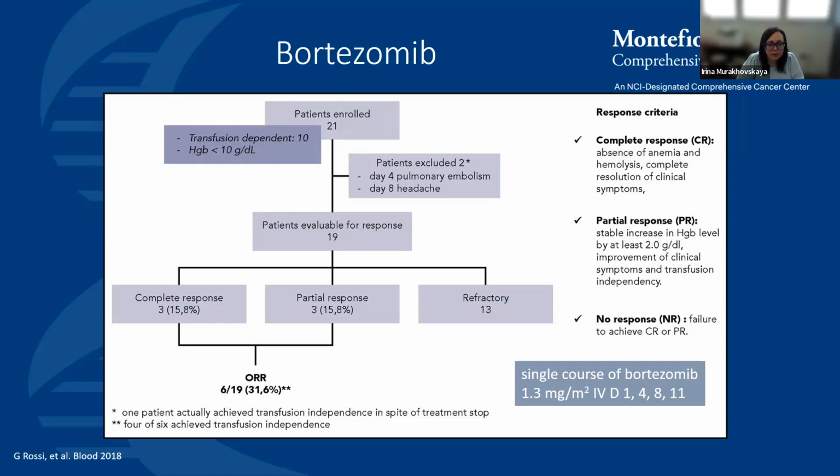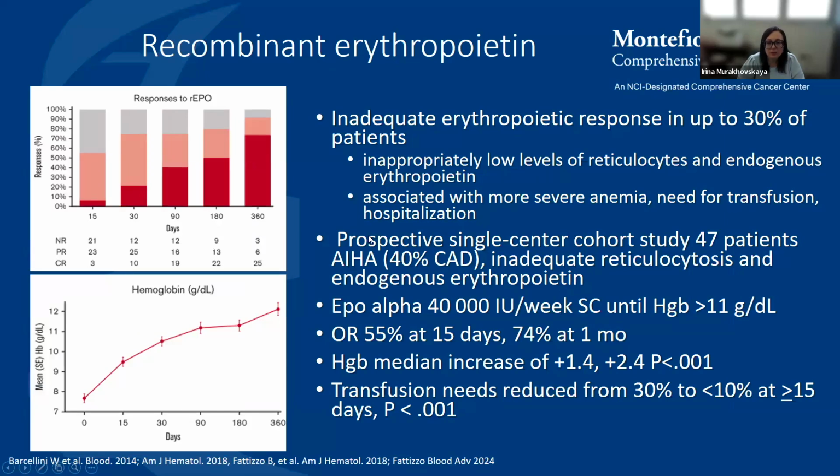8, and 11. 15.8% of patients achieved complete response with this therapy, and 15.8% of patients achieved partial response with this therapy. So the overall response rate was 32%, which is fairly impressive considering this was a group of refractory patients and they received only 1 course of therapy. In patients who progress on B-cell directed therapy, bortezomib can be a consideration, particularly if significant cold-induced vasculatory symptoms are